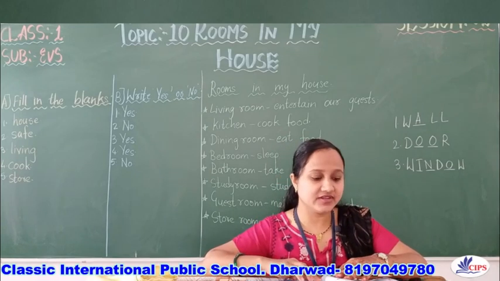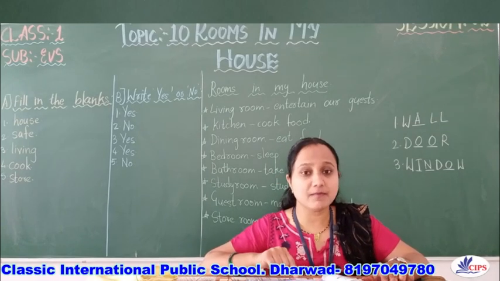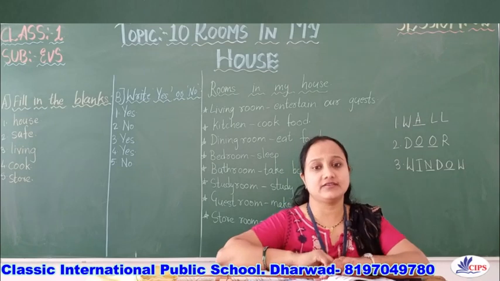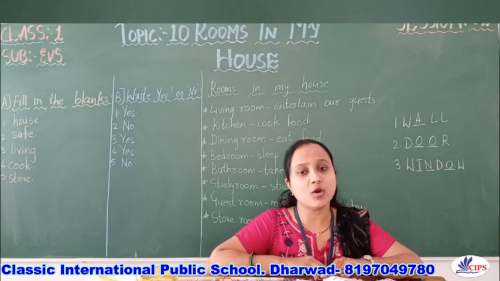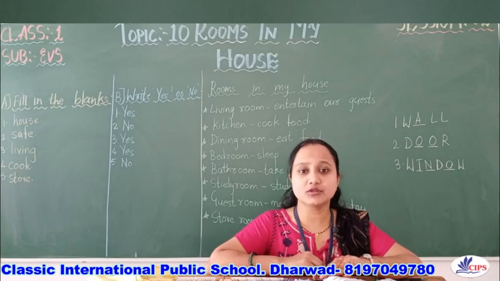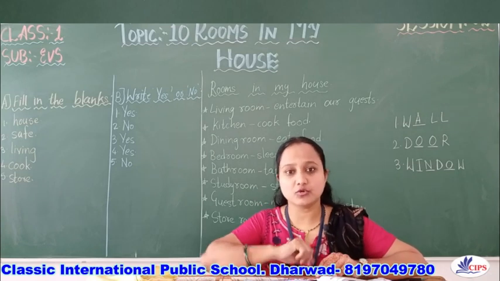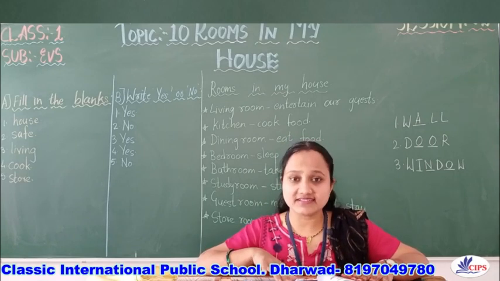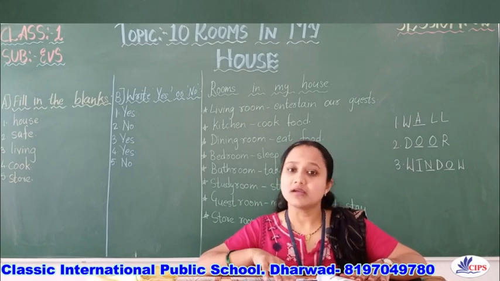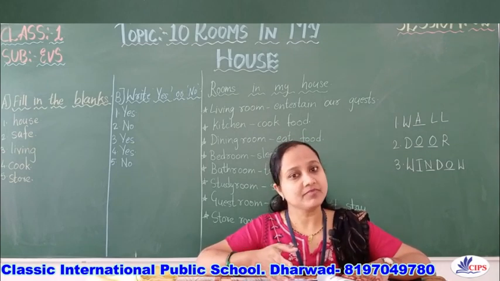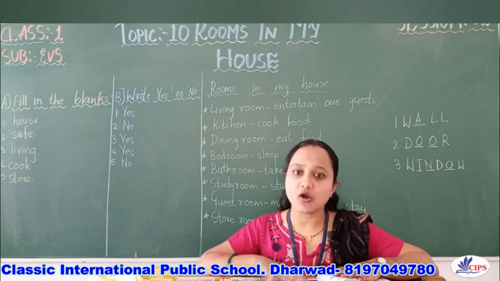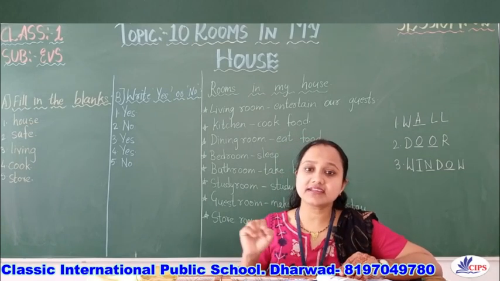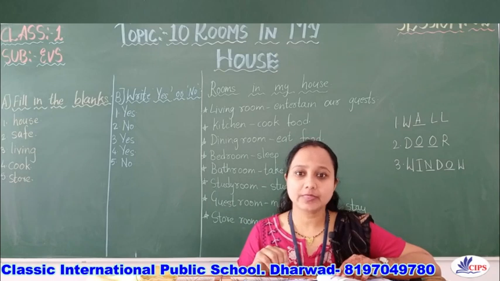The first one that is given is the picture of a bucket, then the picture of a mug and a picture of a gas stove. So what do you think, children? Which one will be the odd one out? Okay, let me ask you, which things do you use in your bathroom? Yes, you use a bucket. You also use a mug. But do you use a gas stove in your bathroom? No. Gas stove is not used in the bathroom. It is used in the kitchen. So that is why the gas stove is the odd one out. So you have to circle the gas stove. Okay. Please circle the gas stove. Have you done it? Okay.